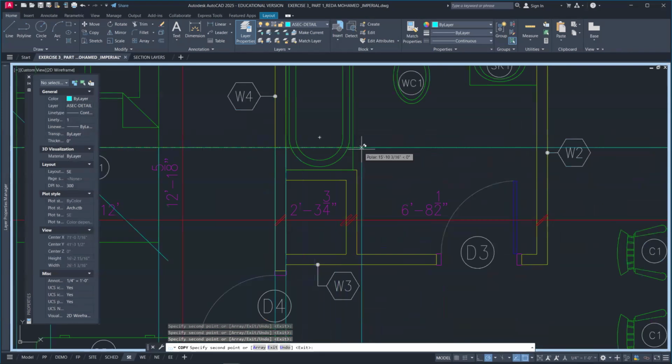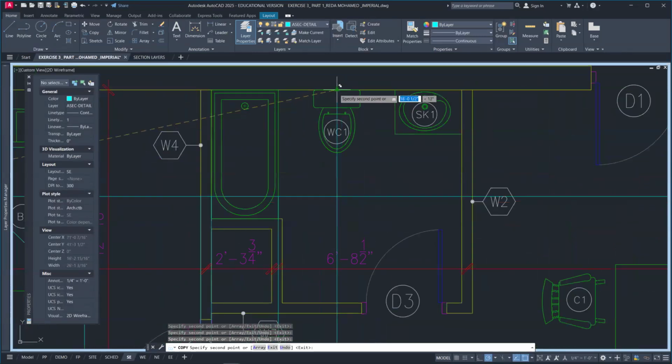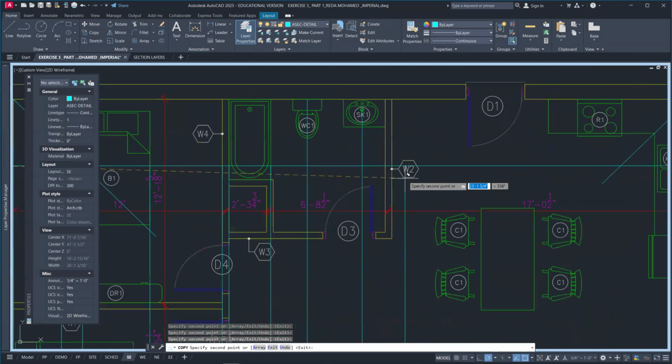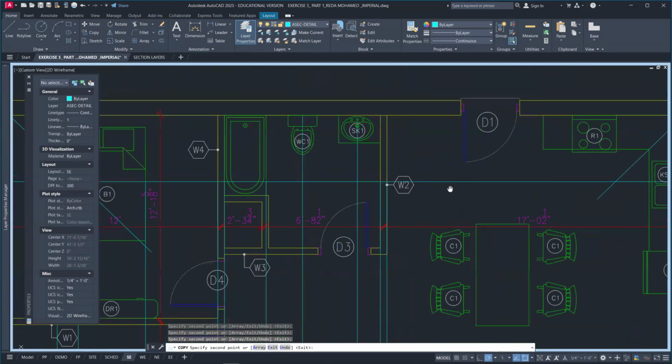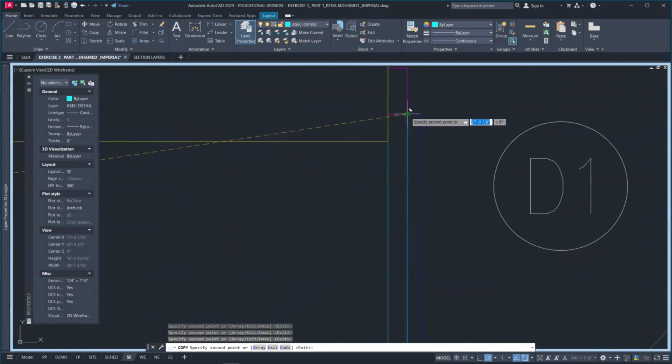Okay, I'm just going to get a section of the bathtub as a block. I'd like to know where the center of this water closet is, the center of the sink, okay, and then here, there, for the walls, and then for the door,